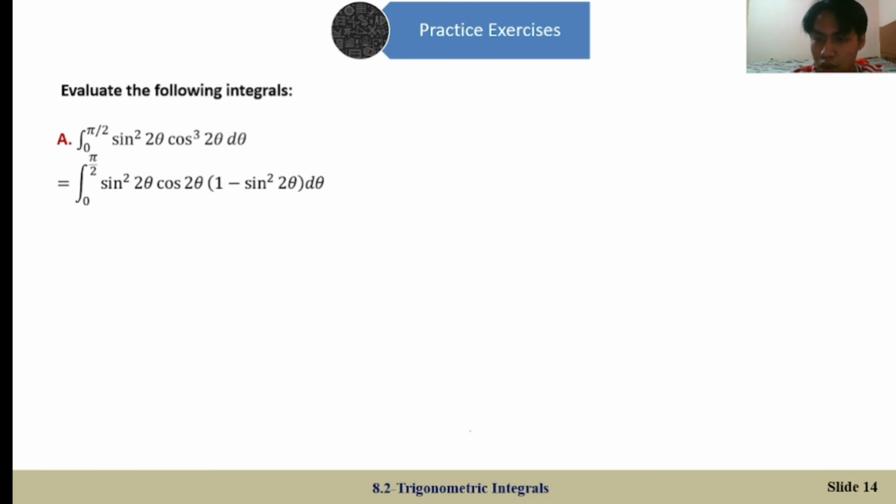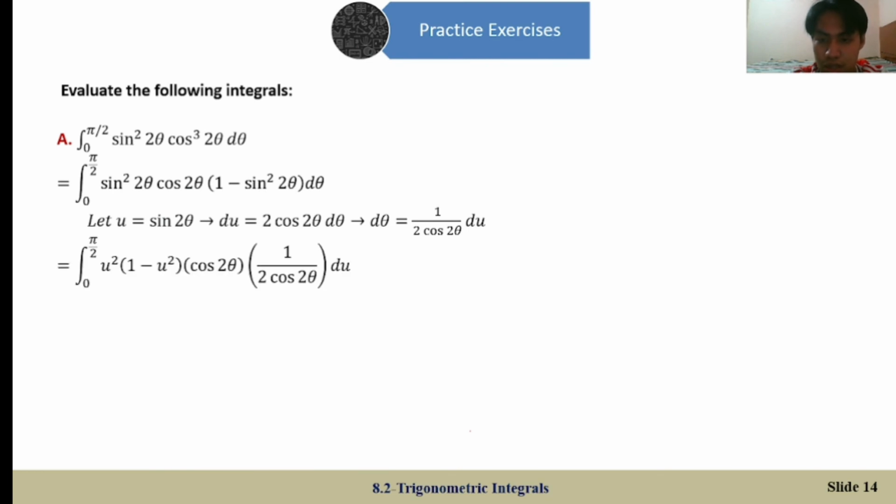In this, we must recall the last slide. When cosine is odd, we keep one factor of cosine, and using the Pythagorean identity for trigonometric functions, we change cosine squared 2 theta into 1 minus sine squared 2 theta. And by then, let u equal to sine 2 theta, so that our du will be equal to 2 cosine 2 theta d theta. By then, we'll be able to find d theta